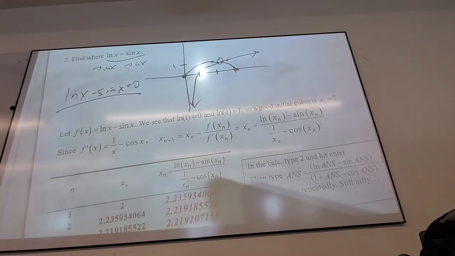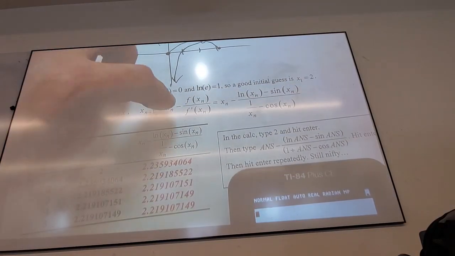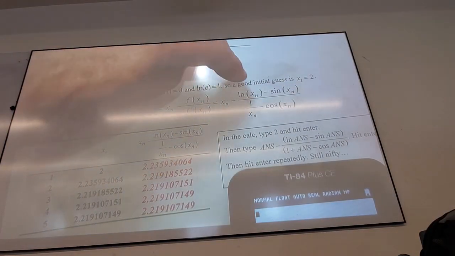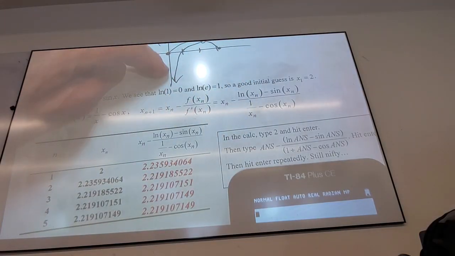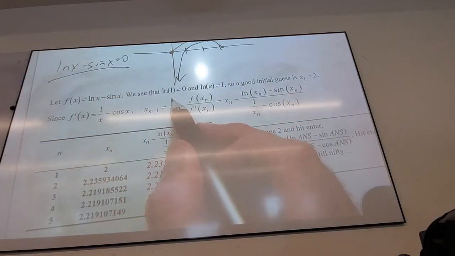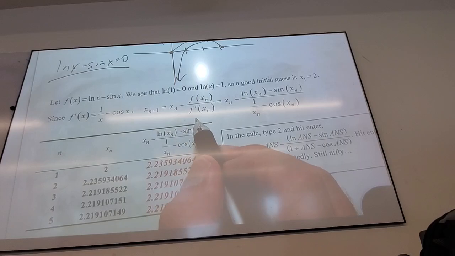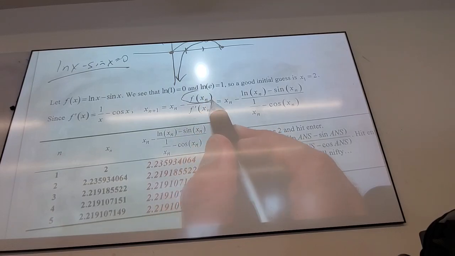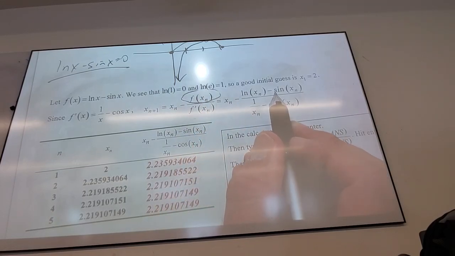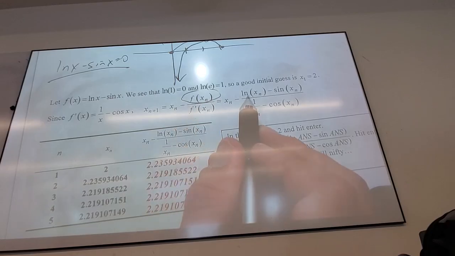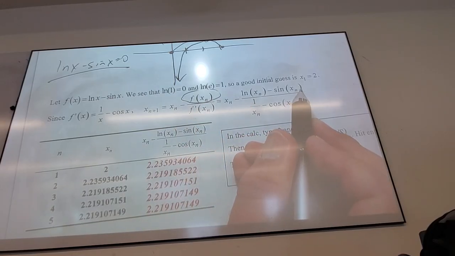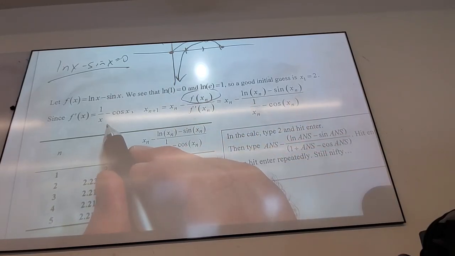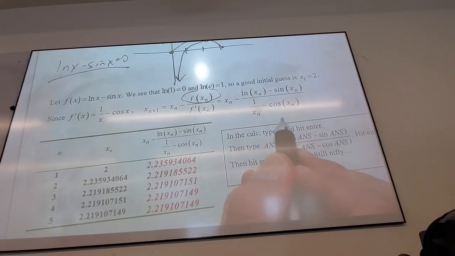So just, I'm going to do this a little bit fast. Are you guys at least with me on the fact of just computationally, just algebraically? You know this, yes? So what goes on top is the function. Isn't that the function? Natural log of stuff minus sine stuff, yes? On the bottom goes the derivative. Isn't that the derivative? Yes.